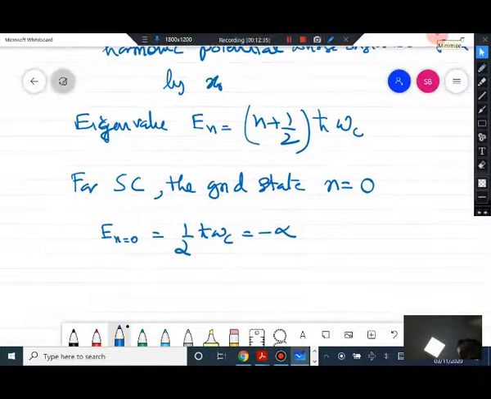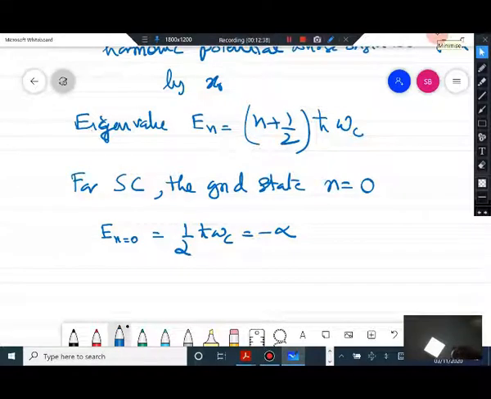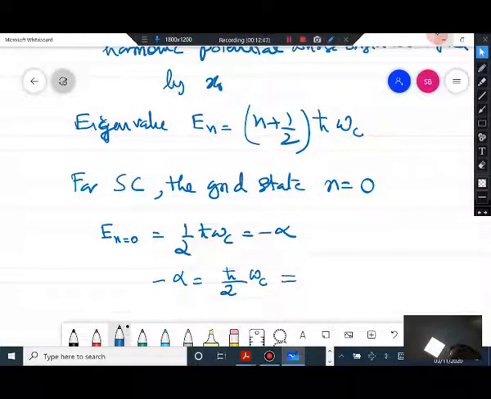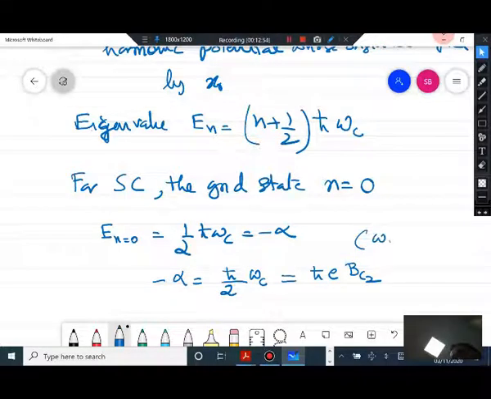So therefore minus alpha will be equal to h cross by 2 omega c, which is equal to h cross e Bc2 by m. Omega c is e Bc2 by m for B equal to Bc2. If you are considering B equal to Bc2,